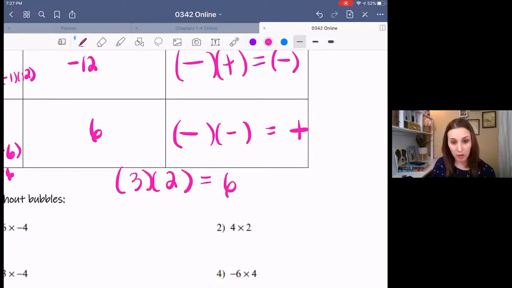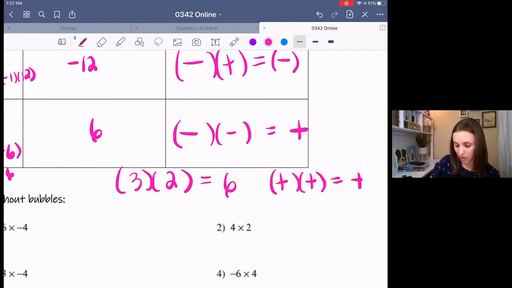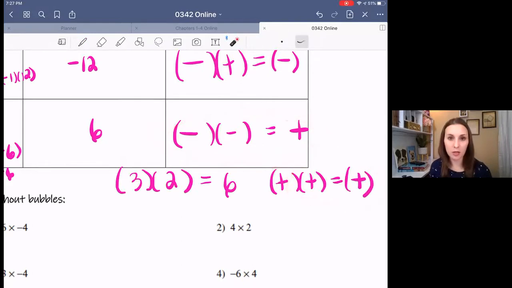So in the case where they're both positive, you also get a positive. So these are the only two cases where you get positives. If there's an even amount of negatives, so there were 4 negatives, negative times negative times negative times negative, that even amount makes those pairs of positives,